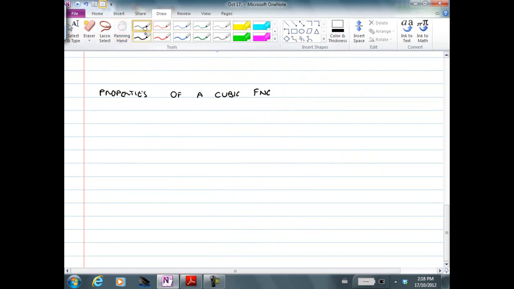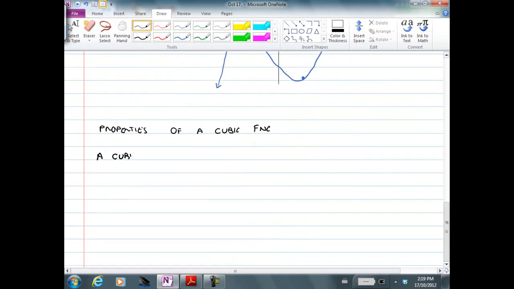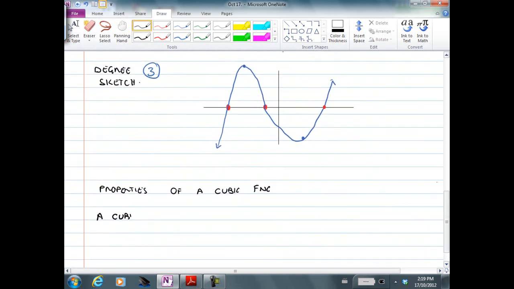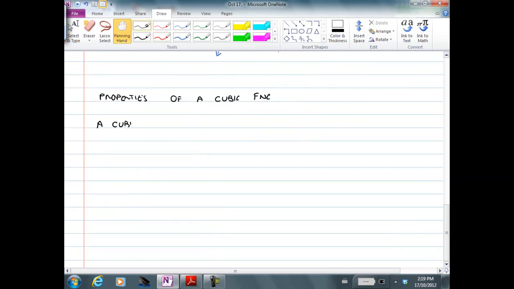A cubic function. The shape of the graph tells you what degree it is. This is an N shape, so we know this is a cubic function, so it'll be third degree. A cubic function